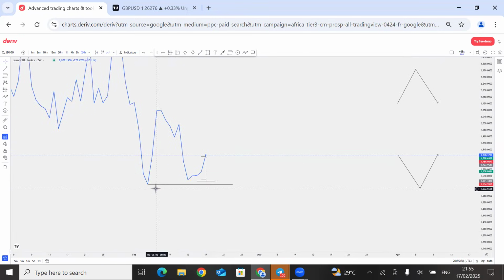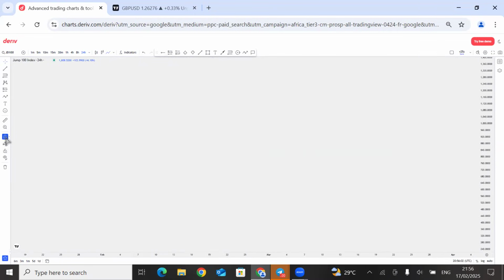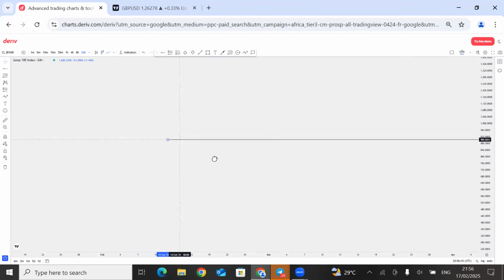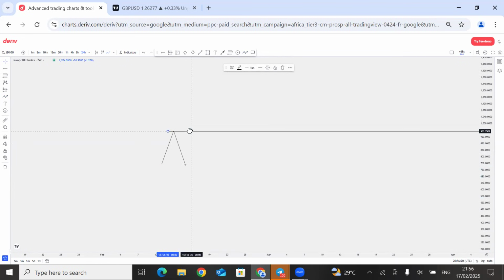Now, the first thing you have to be able to do is spot your key level. Let's do it practically. Let's say, for example, we have an A-shaped key level. Here's an A-shaped key level. What do you want to do next? You want to mark this key level, you want to mark this high. This is your key level zone.